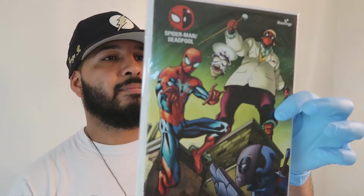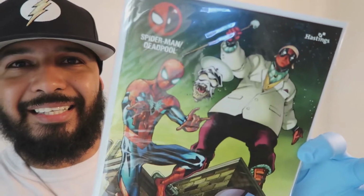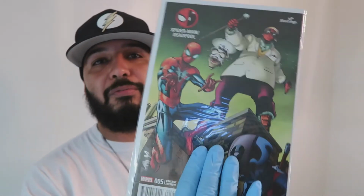All right, so we got that, and of course, without further ado, another variant from my collection. This one I really wanted because, come on now, you got Deadpool dressed up like the Kingpin. That man crazy. I like that. And then you got the glowing eyes on the Spider-Man suit, and his emblem is also glowing. This is issue number 5,